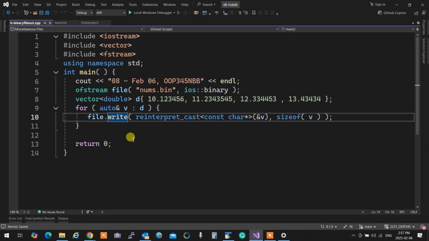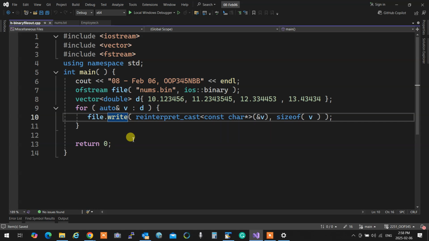So the write over here, what it does, it goes to the address of the beginning of whatever we pass to it, and it gets how many times it has to write that. Okay? If it was an array, that was very inefficient. I wouldn't have done that. I wouldn't go through a loop.